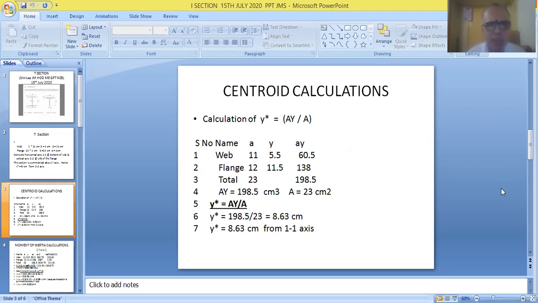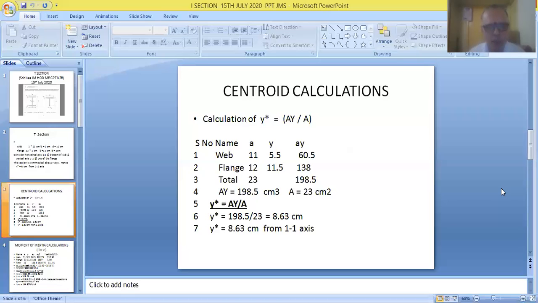So friends, we can see the table. Serial number is taken in the first column, name of the component is written in the second column, and then area values. It's very easy to calculate. You know the value of B, you know the value of D, and BD values are given in the figure. Area is obtained by taking the product of these two parameters, B and D. So very easily we can measure the areas of all the components. The third column is used for indicating the areas of the components.